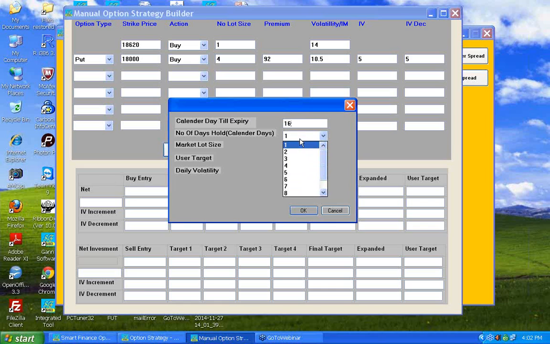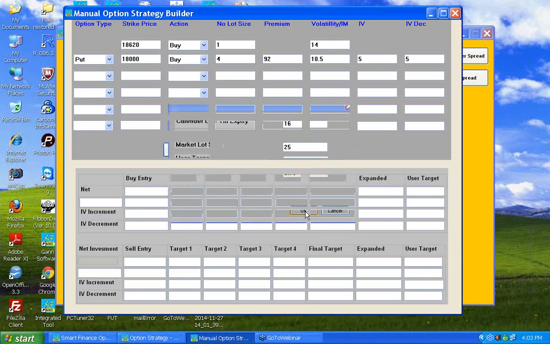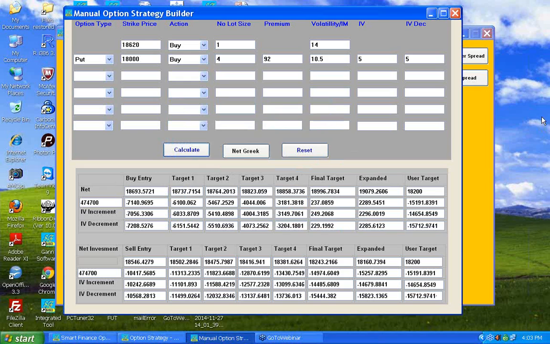I'm going to hold it for 3 days, lot size is 25 for Bank Nifty, and I wish to see this at a target of 19,000 level, or 18,200 level. If I go for analysis, it will tell me